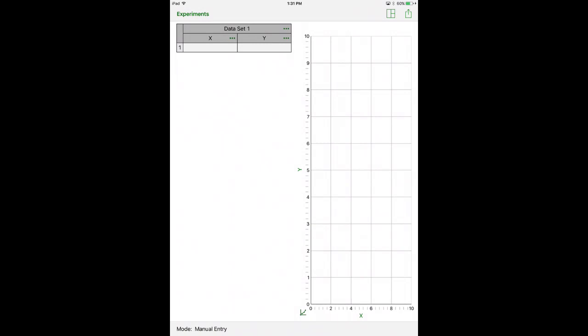Let's imagine we did an experiment in which we measured the distance traveled by a moving object at various time intervals and wanted to create a graph of distance as a function of time. So you've recorded your data in the laboratory, and now you want to create the graph. Time is the independent variable, so it goes on the x-axis, and distance is the dependent variable, so it goes